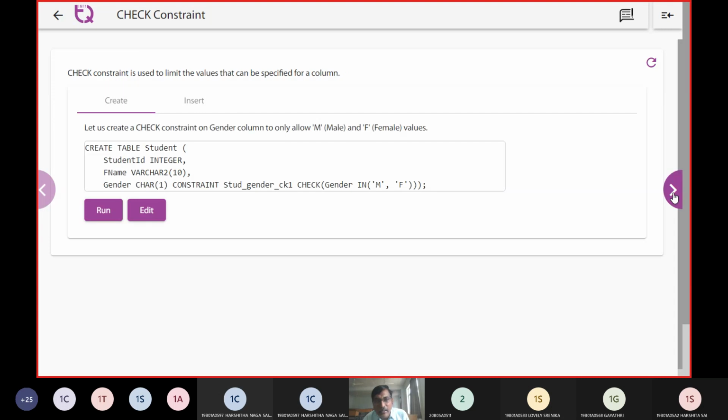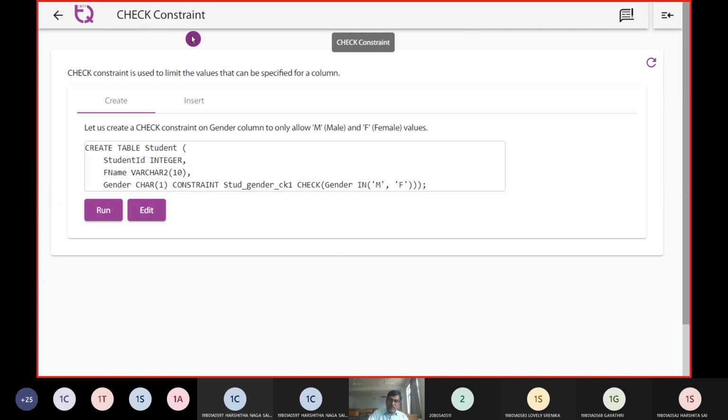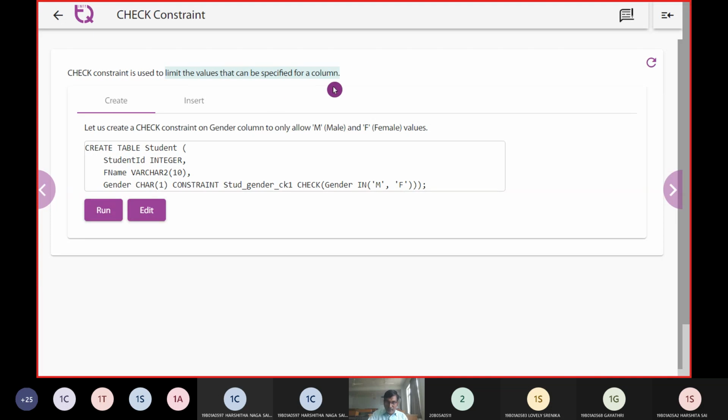After the primary key constraint, the next thing was to work with the check constraint. In a check constraint, we limit values by fitting them into a range. So here we make the student table with a gender column, and the gender column should be either male or female.